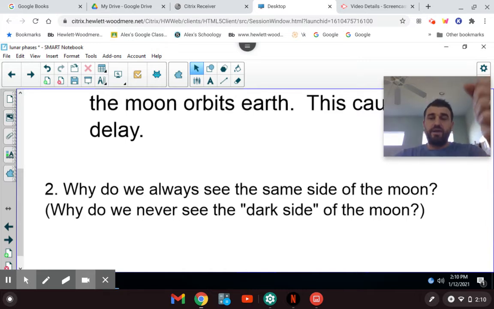It's as if Earth's gravity has grabbed a hold of the moon like this and just dragged it around us. So the same side is always, like imagine someone grabs you by the shoulders and starts pulling you around them. You're always going to see the same side of that person. That's kind of how Earth's gravity has grabbed a hold of the moon. All right. Now it does rotate, but it does it at the same exact time as it takes to go around us. So the answer is